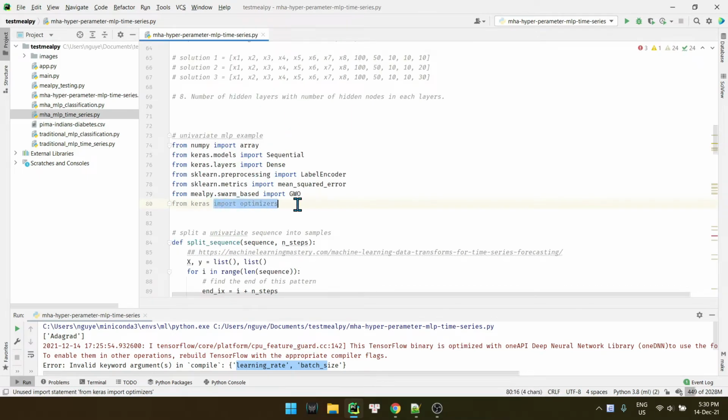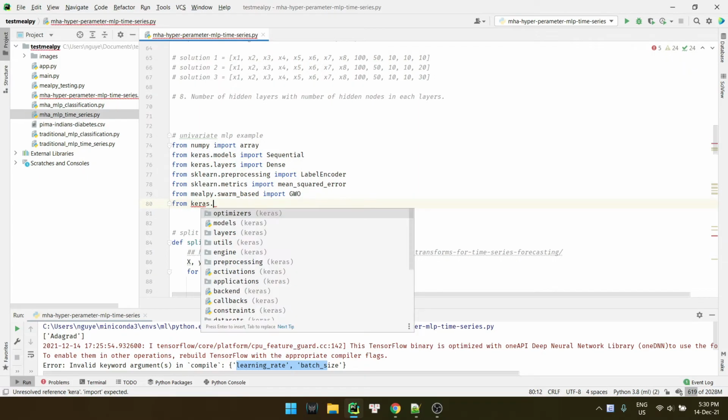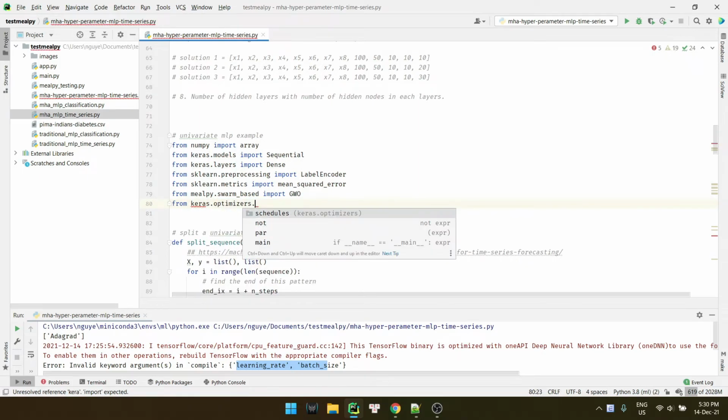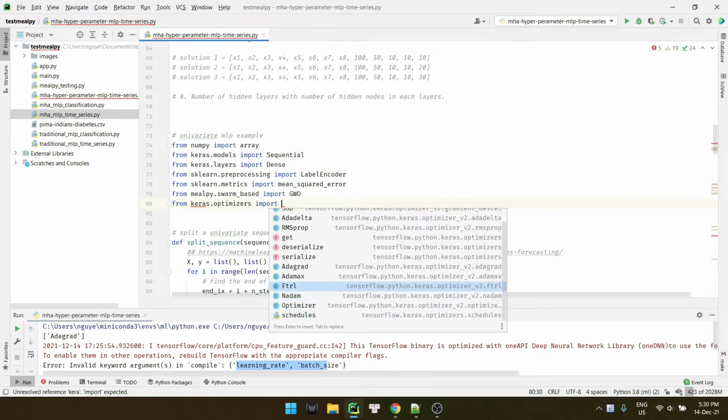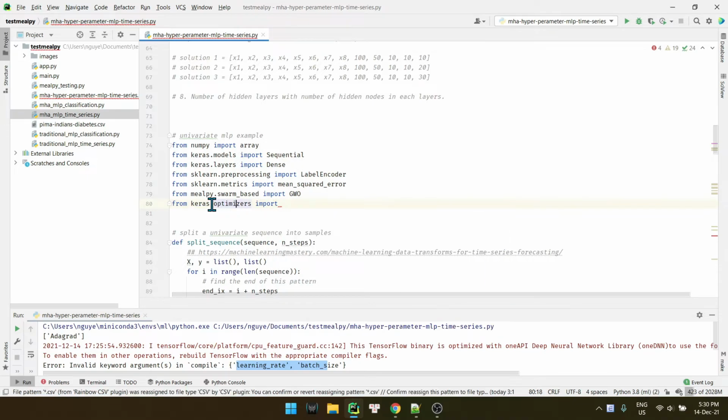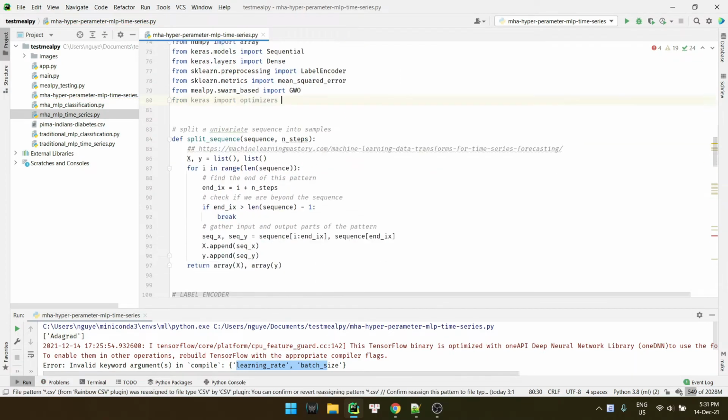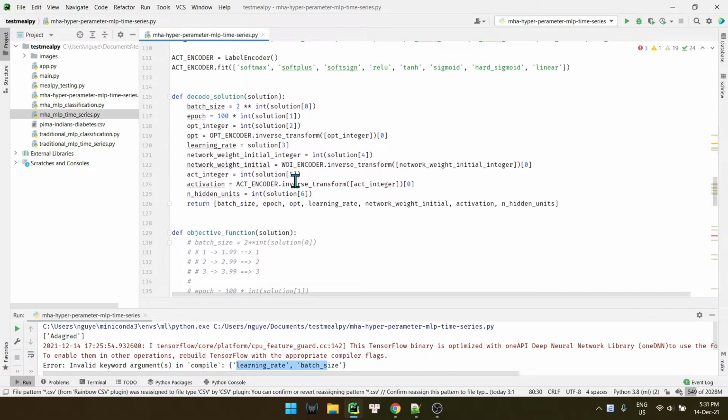I think so. Yes, optimizers. Oh, so they got everything here. Alright, optimizers. Yes, import optimizers, and we can get it.